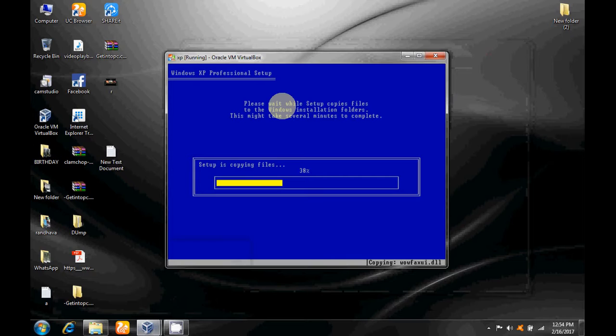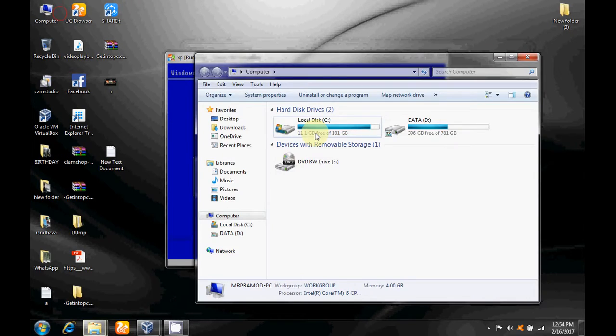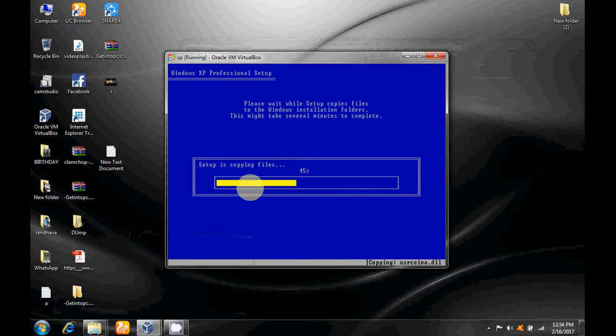This is installed. This is the option that you can install any type of OS inside your Windows 7 operating system. This is installing.